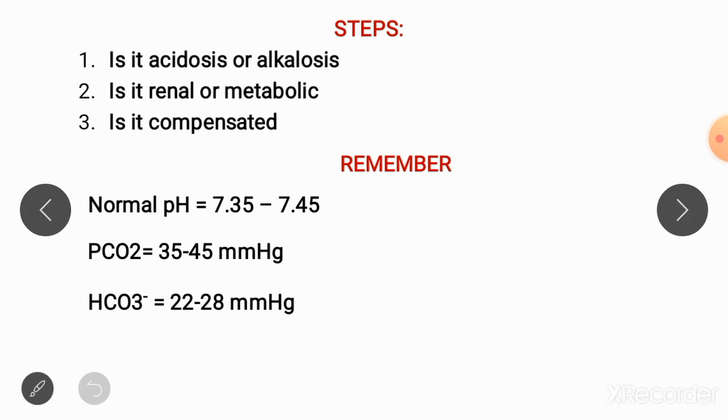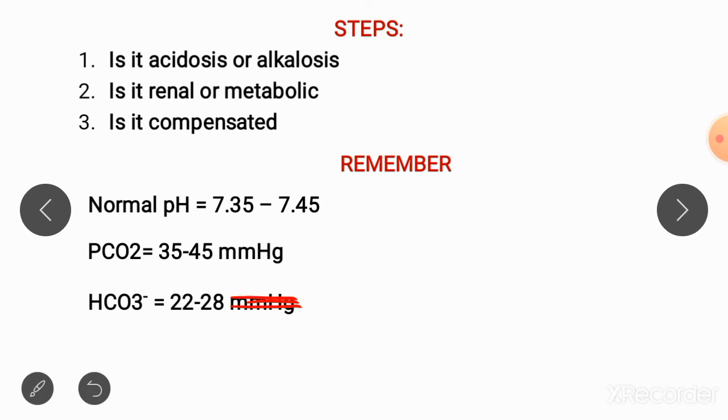Third value you must remember is that of the bicarb in your blood. Sorry, this is not the right unit for it. So it is given in equivalents per liter, and bicarb, if it is greater than 28 equivalents per liter, is going to cause alkalosis, and if it is less than 22 equivalents per liter, it is going to cause acidosis. So you have to remember that bicarb which is present in your blood must balance out the hydrogen ions, and when it is in a range of 22 to 28 equivalents per liter, it is going to be